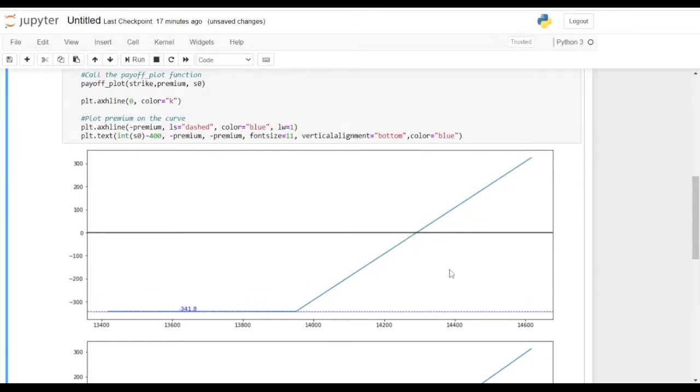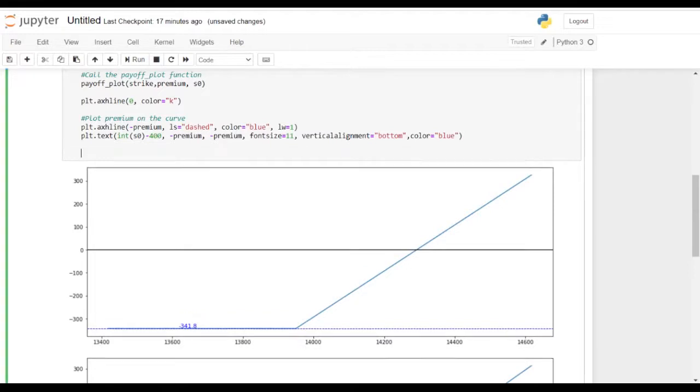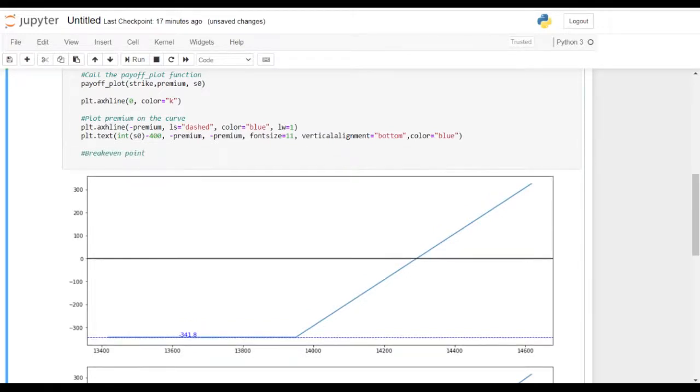Like we don't know the break-even point. Where is the strike price just by looking at the graph? What's the current payoff by checking the current spot price? We need to add those things, right? So I'll start by adding the break-even point. The break-even point is basically the point at which you are at zero PNL, basically zero profit, zero loss.